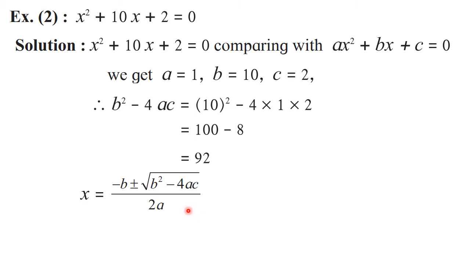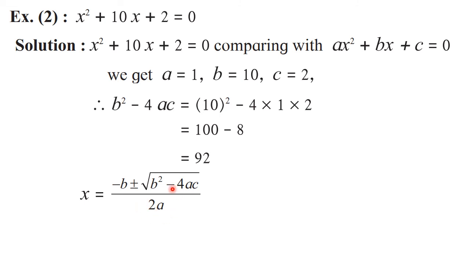Now see, the marks are reserved for formula. So you need to write the formula. You cannot skip the formula. In hurry, what you are doing, you are substituting the direct values. But if you are not writing the formula, then you will lose your marks. Because you are using the formula and in that you are going to do the substitution. And in mathematics, the marks are given to the steps. So never skip the steps. You write down all the steps there.